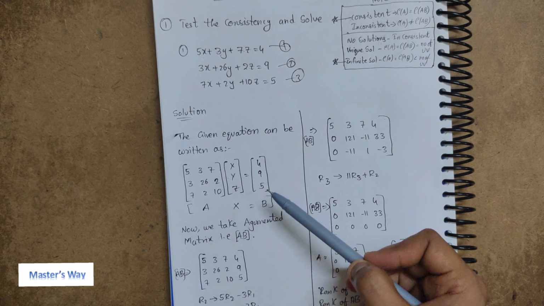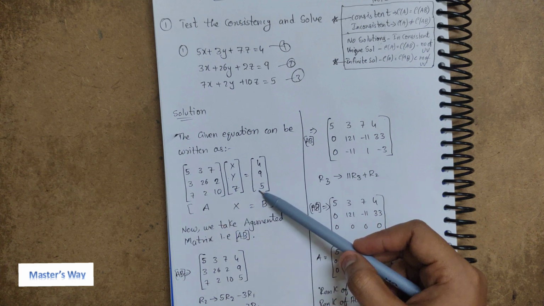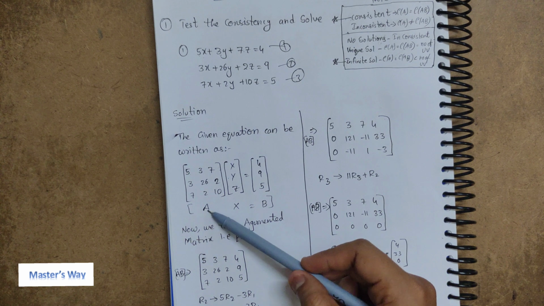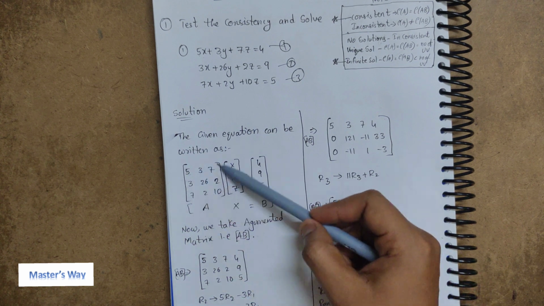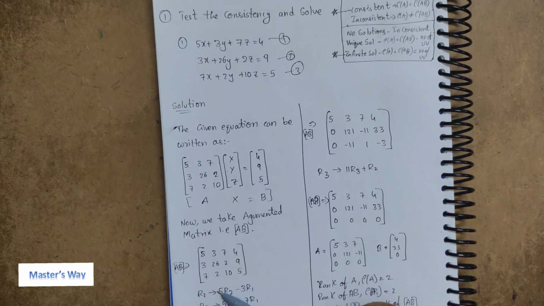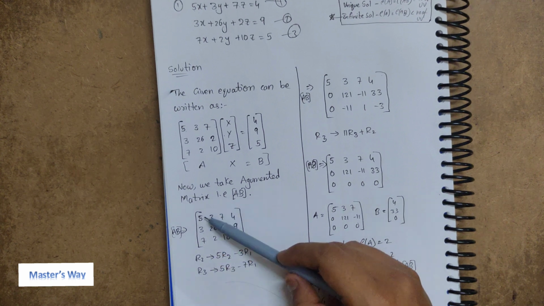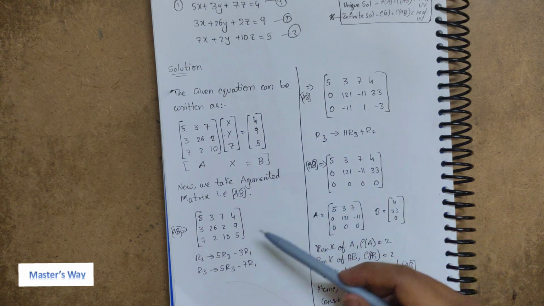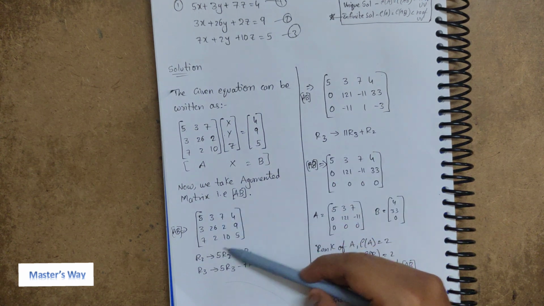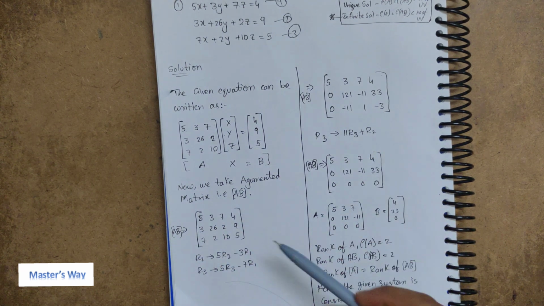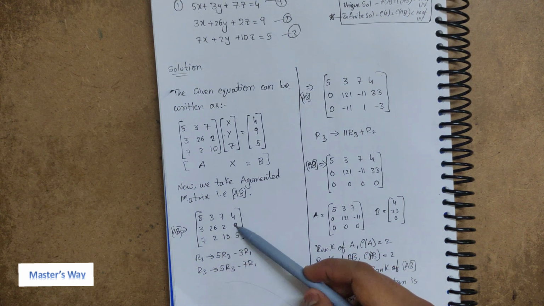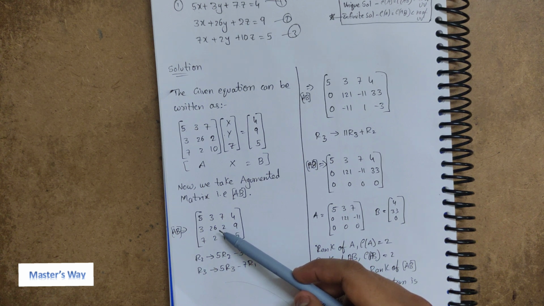Now this is in the form of Ax equal to B. Now we will try to write the augmented matrix from these matrices. What is the augmented matrix? It is a combined state of A and B, that means this matrix and this matrix. So now in this matrix you can see the first A matrix is written here and the augmented B will be here. So this is the matrix of AB. Now let's transform this matrix and find the rank of this matrix so that we can check whether it is inconsistent or consistent.